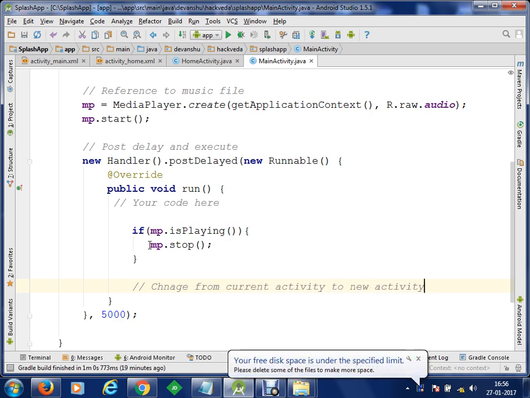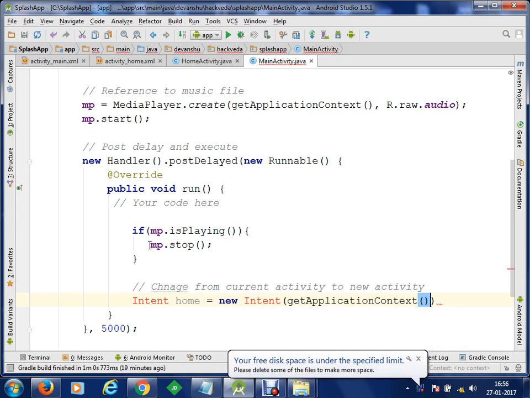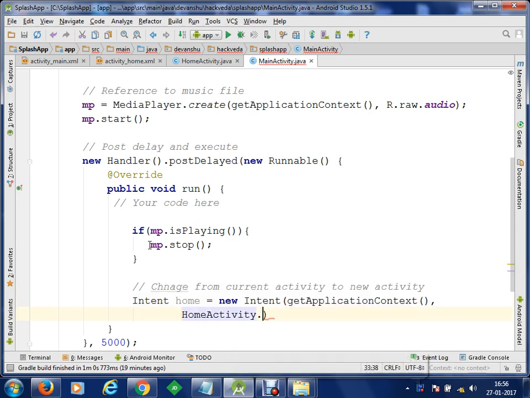Then what we would like to do is change from the current activity to the new activity. To do this we are going to do something like this. Intent home is equal to new Intent, and we are going to move from the current context, getApplicationContext, to HomeActivity.class. Is that clear?